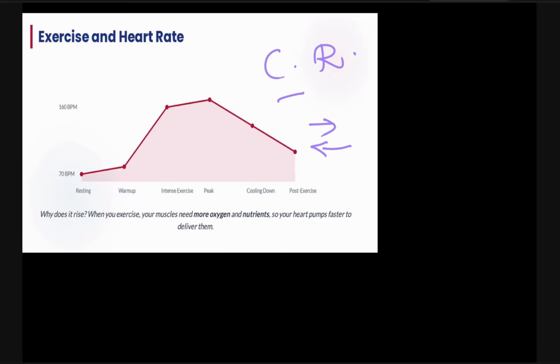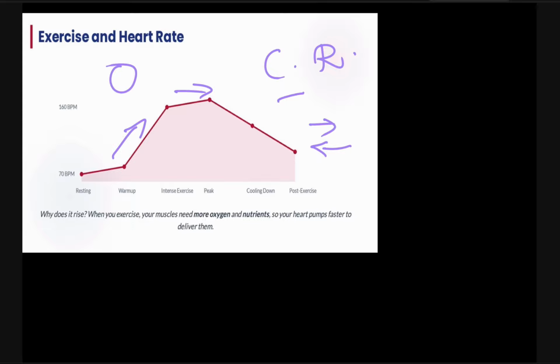So we feel a heartbeat every time the heart contracts to pump blood. Our heart is about the size of our fist. Okay. Place your right hand on the left side of the chest and then you can feel your heartbeat. The number of times your heart beats in 1 minute is your heart rate. The heart rate of a healthy adult is about 60 to 100 times a minute, whereas the heart of a